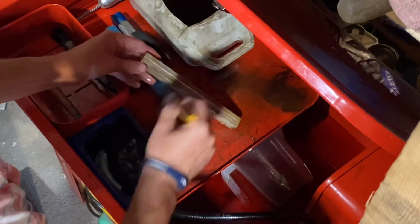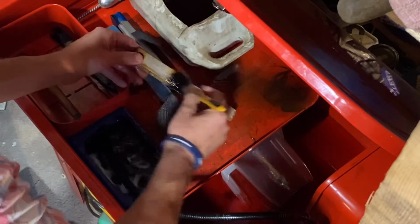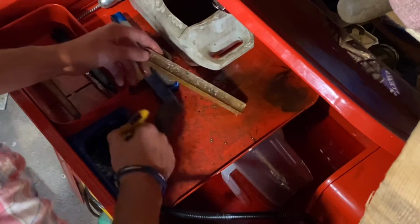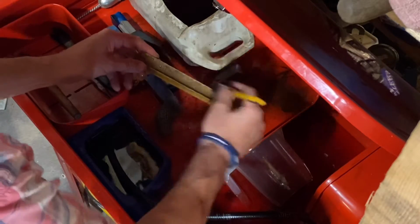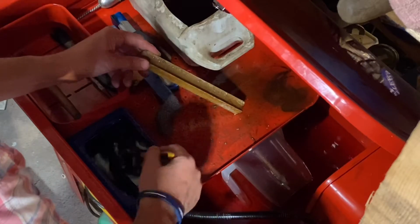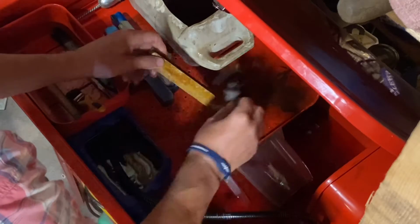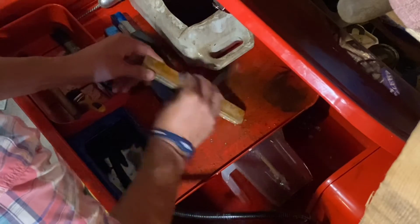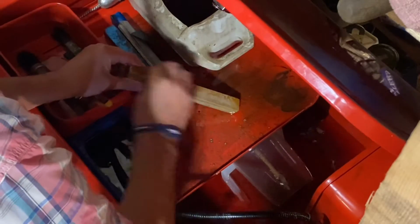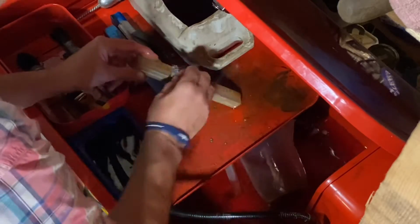I was going to put it in the vinegar, but I thought the vinegar would eat into it. If I left it in there, forgot about it, it wouldn't have been very good, would it? I don't think so. So anyway, you can use whatever you want to use. In this particular case, I've got a bit of wire wool, look. It doesn't take much. Wire wool will soon get the majority of it off. And as you've seen,